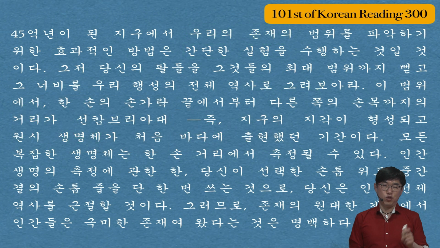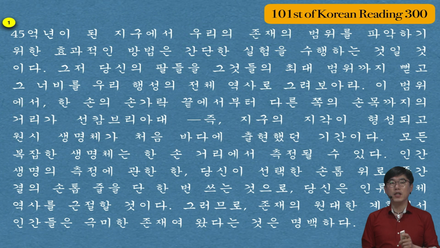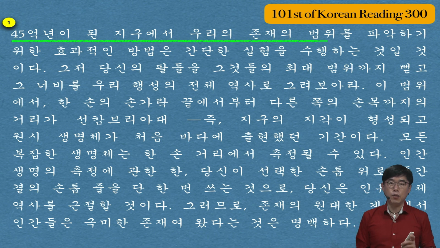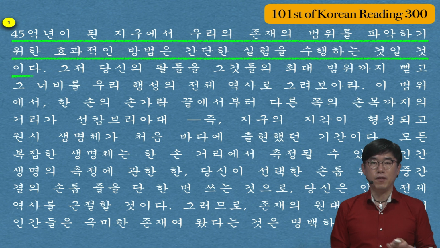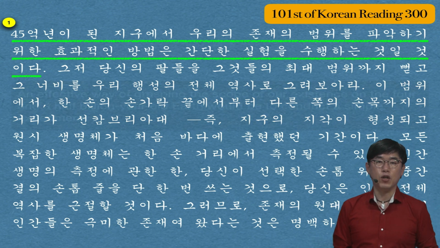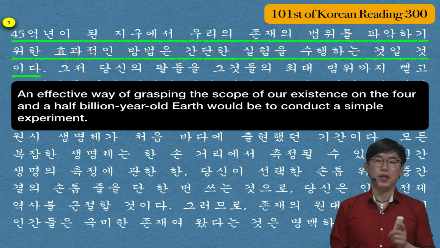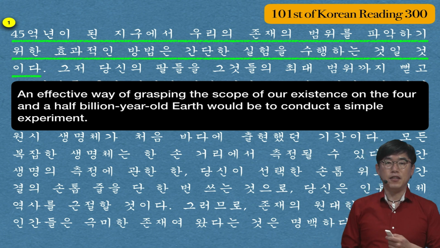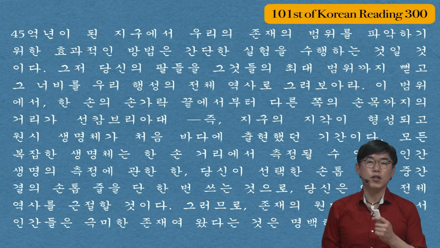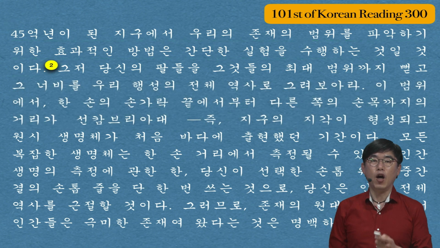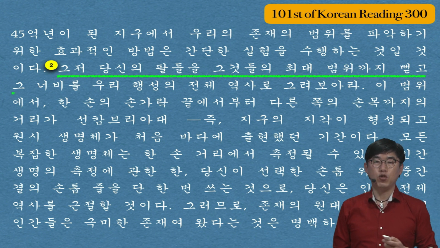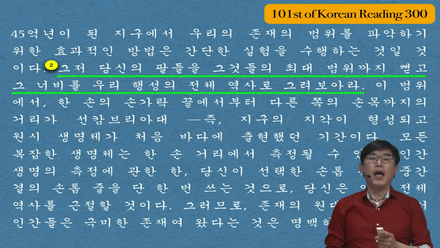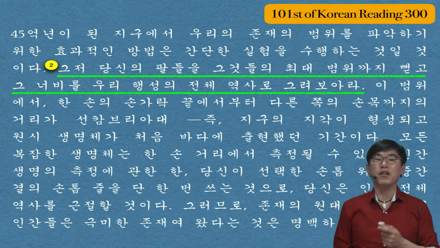All right, let's put these two parts together, okay? 45억 년이 된 지구에서 우리의 존재의 범위를 파악하기 위한 효과적인 방법은 간단한 실험을 수행하는 것일 것이다. An effective way of grasping the scope of our existence on the 4.5 billion year old Earth would be to conduct a simple experiment. The second sentence is 그저 당신의 팔들을 그것들의 최대 범위까지 뻗고 그 너비를 우리 행성의 전체 역사로 그려보아라. Simply stretch your arms to their fullest extent and picture the width as the entire history of our